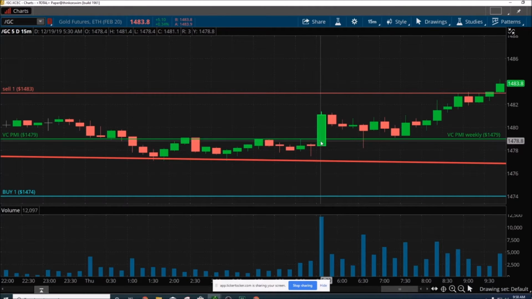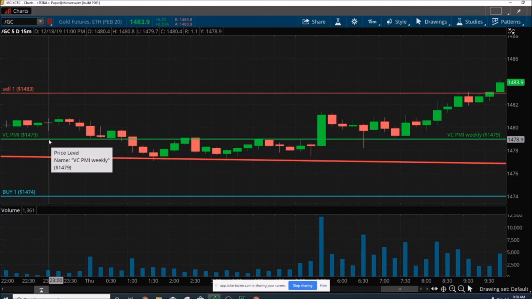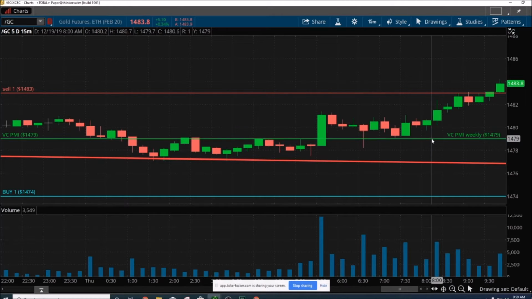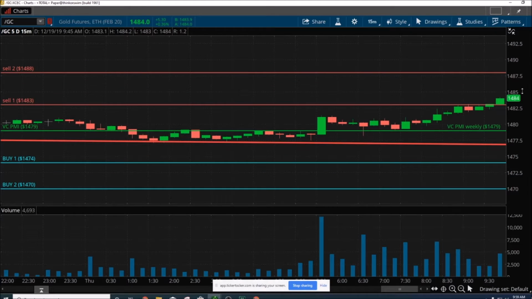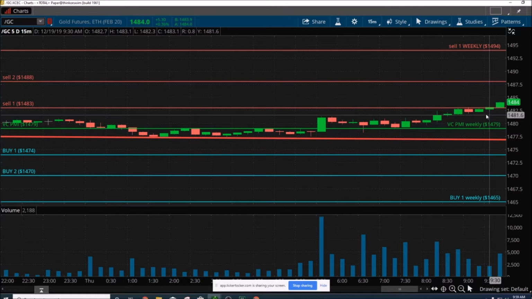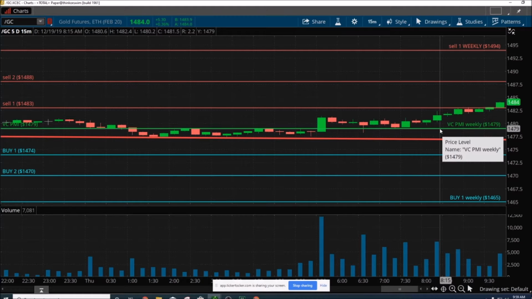When it closed above 1479, which, as you can see on the chart on the left, is the daily average price or pivot point of 1479. And on the right, you see the weekly average price or pivot point of 1479. When the price of the daily matches the weekly almost exactly at par, or at even money, you might say,